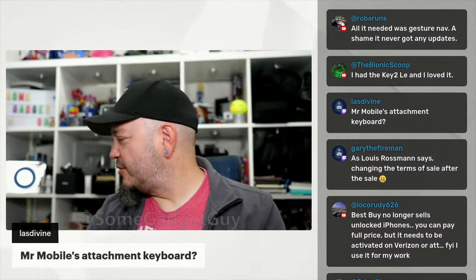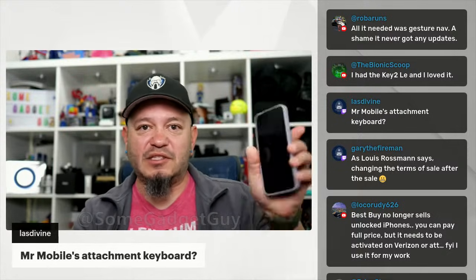From Lost Divine, Mr. Mobile's attachment keyboard. I mean, it's cool. If I could play with one of those on something like my Vivo X300, like a nice smaller phone, but I don't want to use a Samsung for a slightly smaller phone, that'd be fun. But I'm less likely to jump on an accessory for something like that when, oh man,